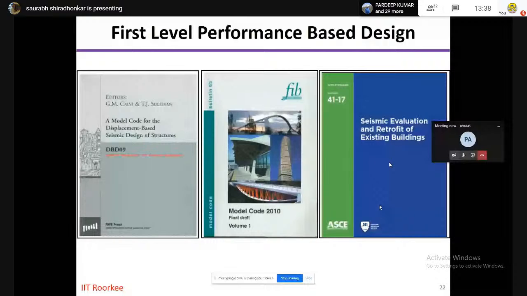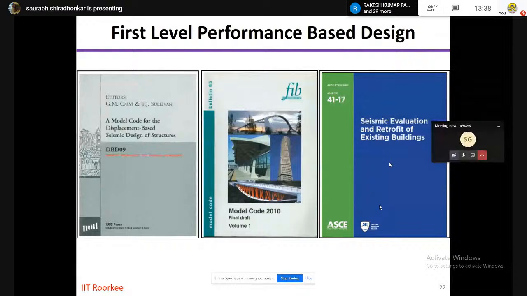So that is what the first document talks about, which is the displacement-based seismic design. Instead of designing a building for a specified acceleration, now the building has been designed for specified displacement. So the extension of a building is being considered when it comes to the first document, which is the displacement-based design. Again, the rationality behind this method is, even though we say that the forces developed are proportionate to the